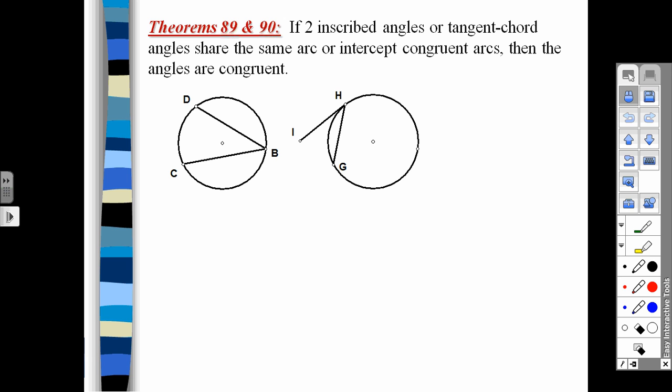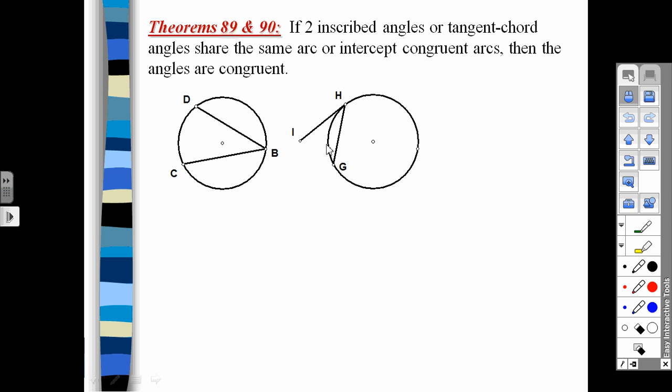have the same formula to figure out the measure of the angle based off of the arc that they create, if you know that the angles are congruent, then you'll know the arcs are congruent. Or if you know the arcs are congruent, then the angles are congruent. So it could be two inscribed angles that share the same arc or have congruent arcs, or it could be an inscribed angle and a tangent chord angle that share the same arc or have congruent arcs that will make